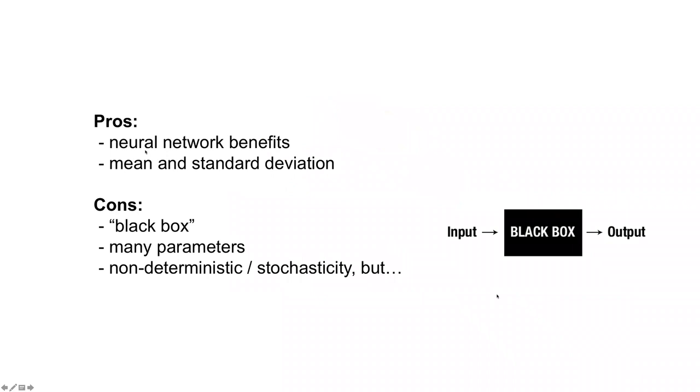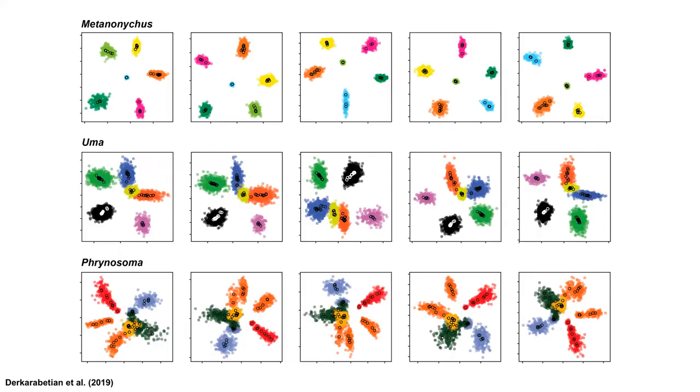The pros: all the benefits of neural networks. You know, complicated data, you can model very simply. The best benefit of VAE specifically is the mean and standard deviation. However, this is a black box. We don't actually know what's happening in here. We don't know what it's finding important. There are people working on this, of course, to get at what it's finding important. There are many parameters you'll see, and it's non-deterministic, right? It starts randomly, and across replicates of the same data set, they never look exactly the same, right?